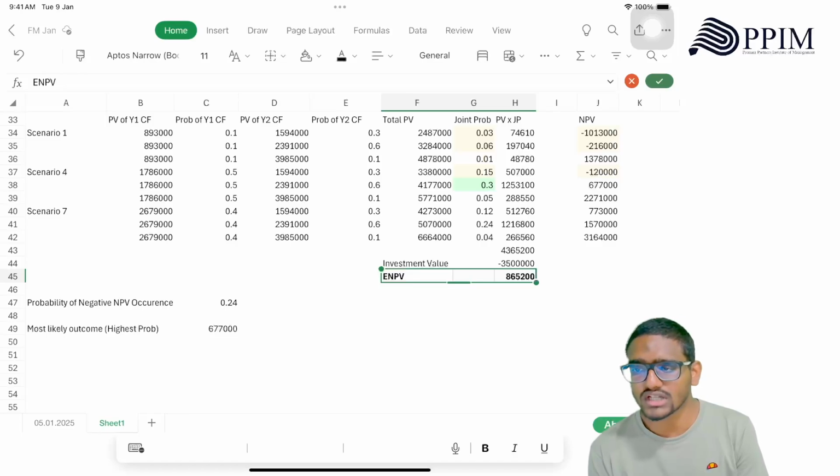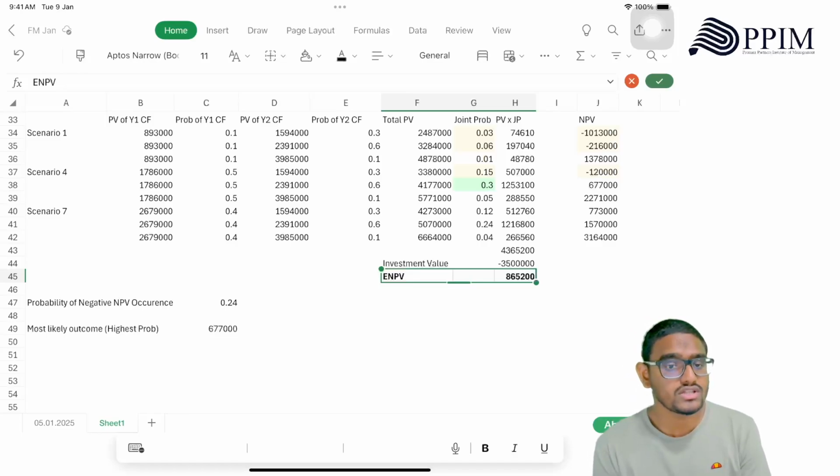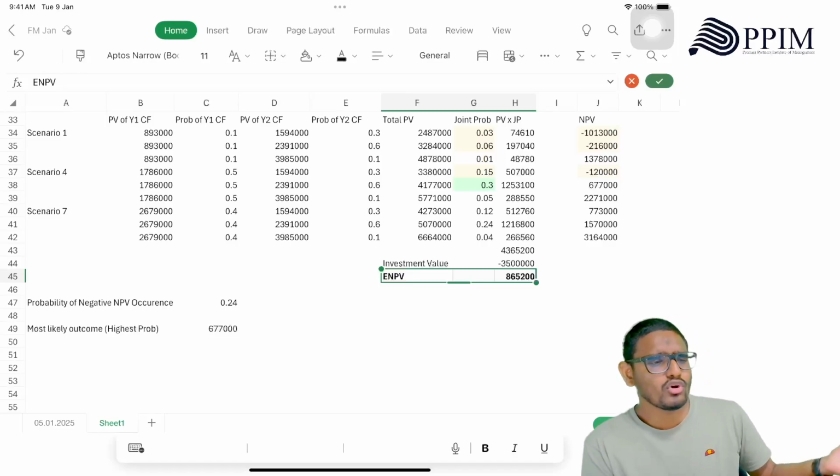So there is a 1 in 4 chance that you're going to have a negative NPV, which if you say 24% might feel low, but when you say 1 in 4 chance,